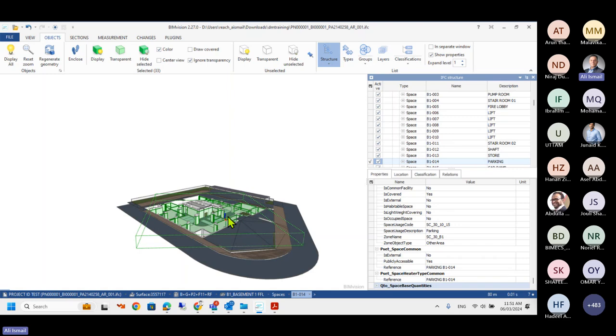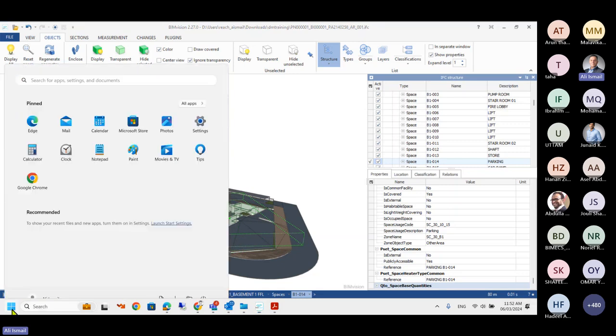Now, if you want to go deep and understand more about the schema, as I said, you have to read the standard first to understand this object-oriented approach and how these IFC models are exported as a text file. This is the nice thing about OpenBIM. You have no binary information. You can actually open any IFC model using Notepad or Notepad Plus or any text editor. And there are many tools which can help you. So if I want to give you a glimpse of how these IFC models look, if we open them,